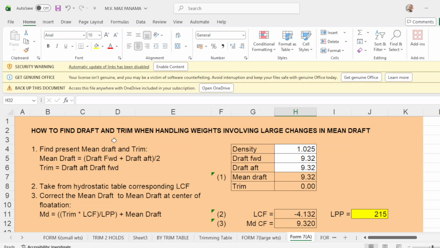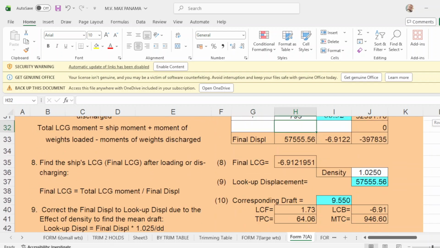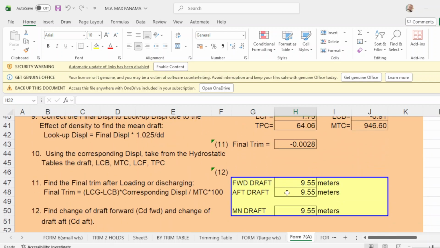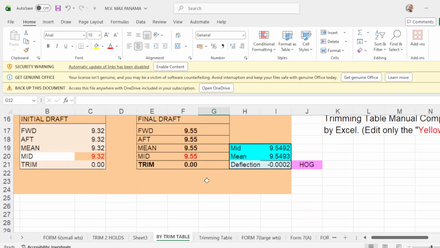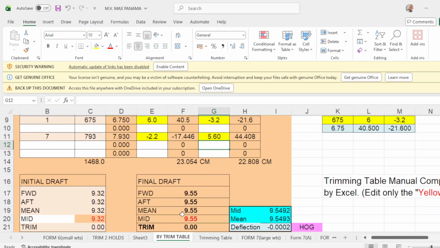This is form number 7, and you have here even keel, then your trim table, then you have also even keel.